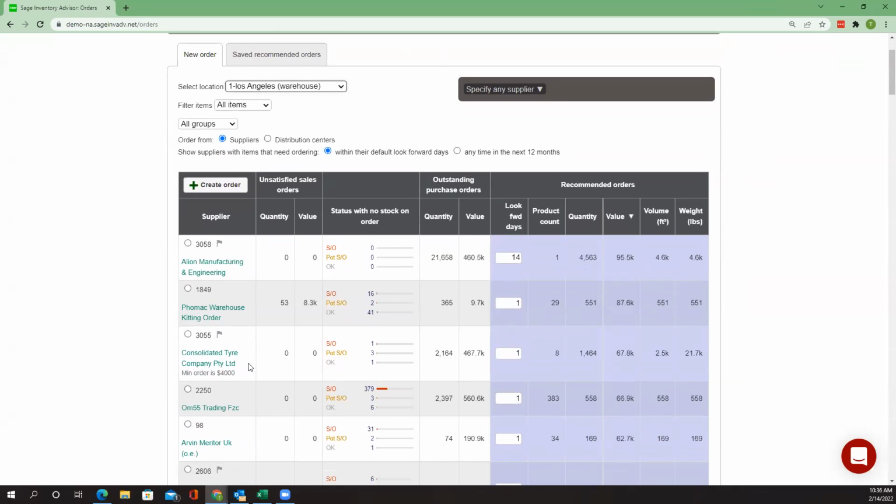So for instance, the Consolidated Tire Company. It is a supplier, and Inventory Advisor is recommending that you place 8 items on order. You may order 20 things from that supplier, but today 8 have gone below its reorder point. And that's what this 1 means where it says look forward. The default is 1, which means today. Show me what has gone below the reorder point for this supplier today. 8